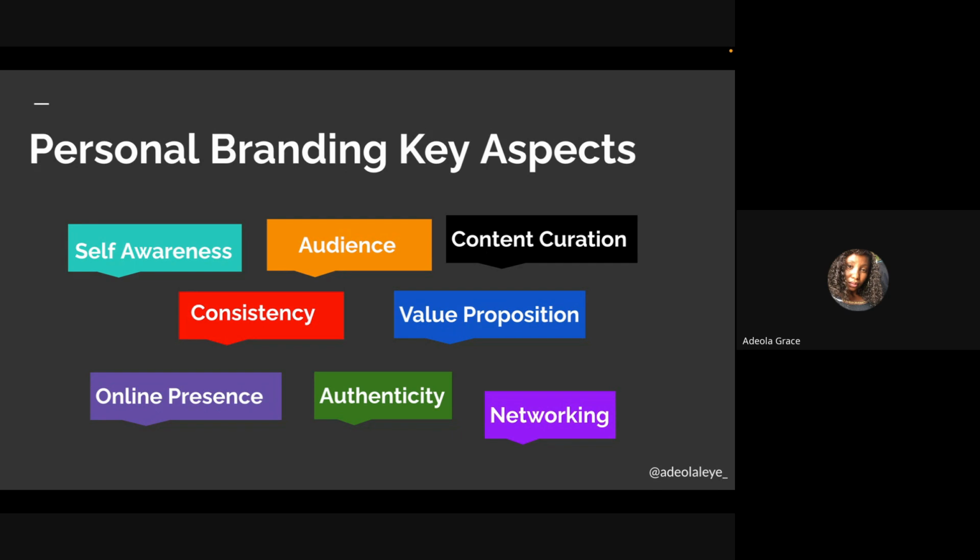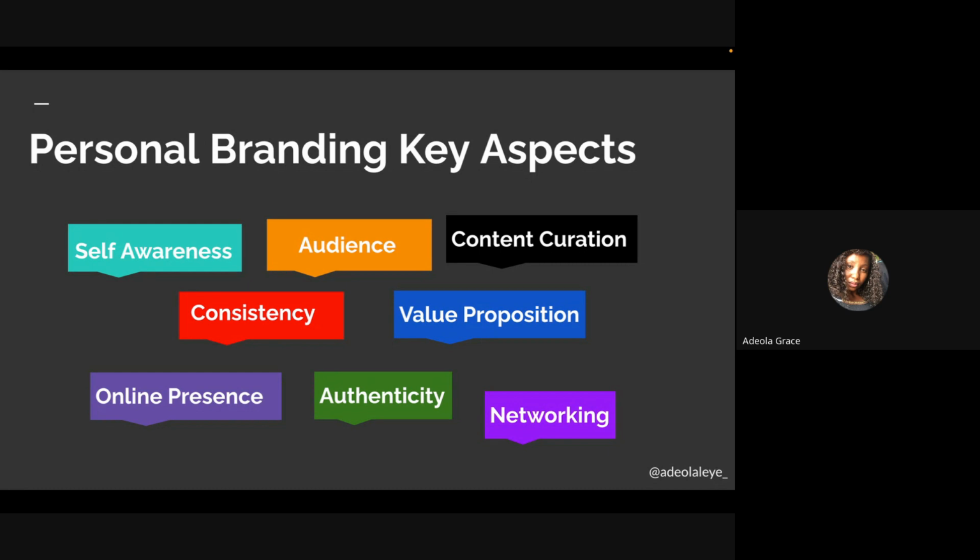Do you understand? And then the audience: do you even know the people that you are targeting? For instance, you are targeting real estate people, but the people that you are following or keep engaging with in their content are maybe market people, those that are selling this thing. Do you understand? So your audience will as well make us know what exactly you are.